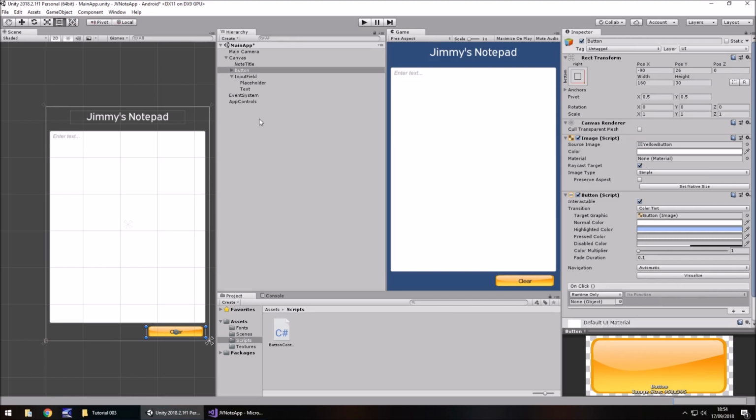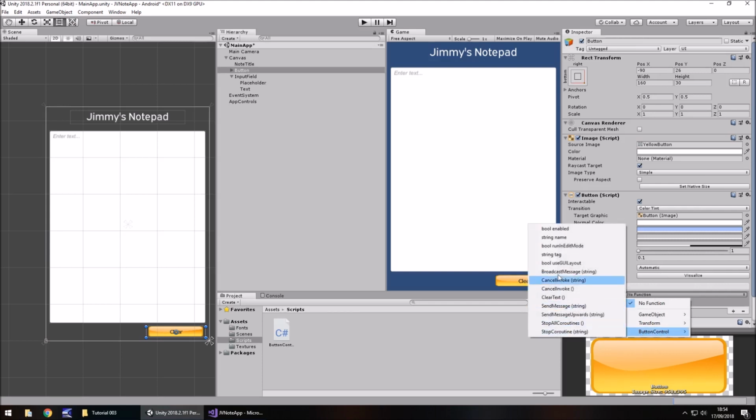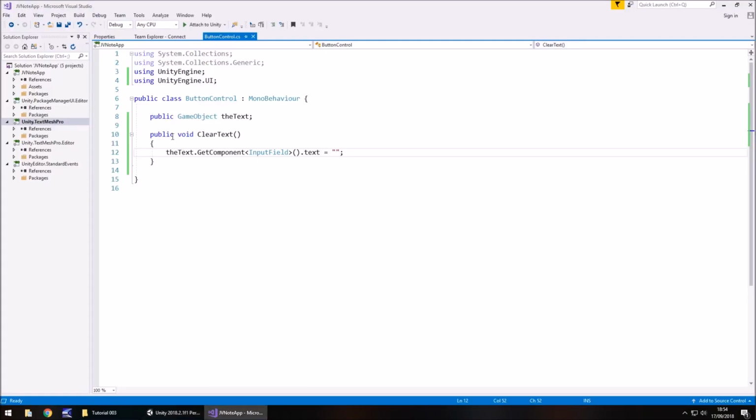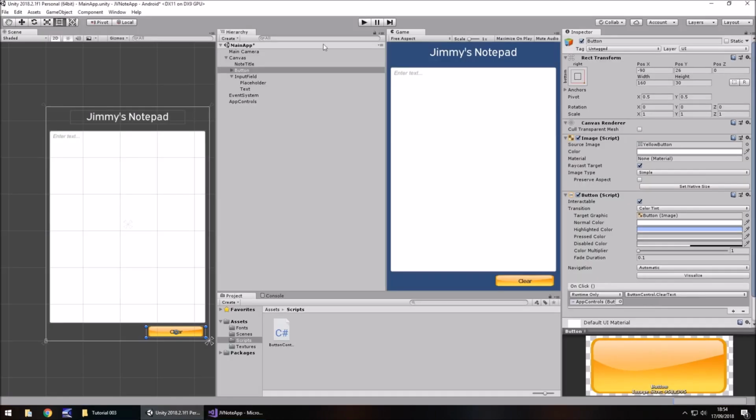So we just need to drag and drop our app controls down here onto this game object. And then this no function bar will highlight, and we just need to click on it, go down to our script name, which was button control, and it'll give you a whole load of options, but the one we're looking for is clear text, because that's the method that we wrote. So what's happening here is this button will now run this method when we click it. So if we press play,